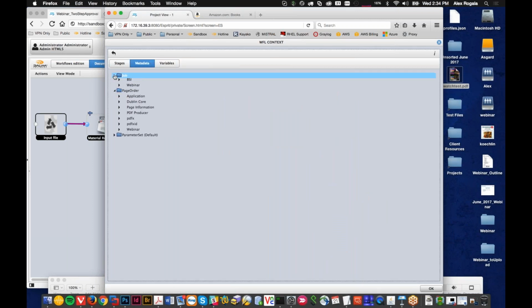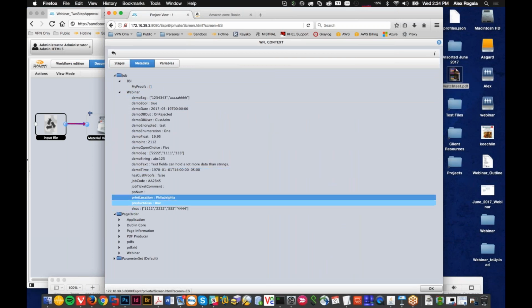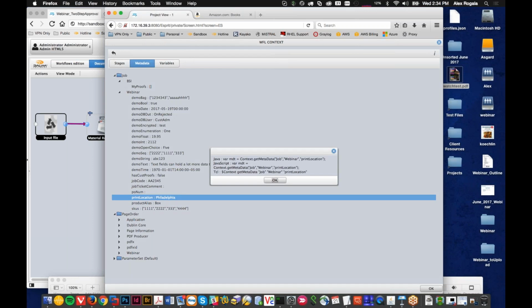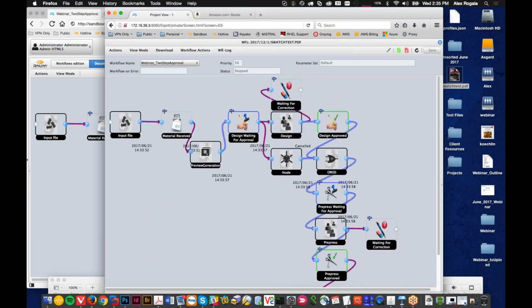So for example, you can see here at the job level, I've got some webinar metadata set here. So I wanted to check something, for example, like Philadelphia, and see what the print location was. You can click this little i here, and it'll give you the code that you would need to use to set that metadata into a variable. So I can actually copy that. So for example, if I wanted to check and only follow that link if this were going to Philly, I'm not going to save this, but